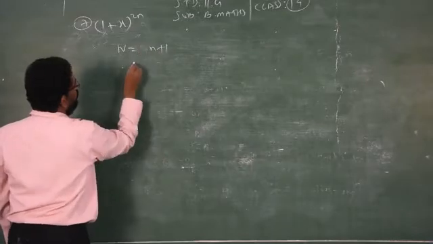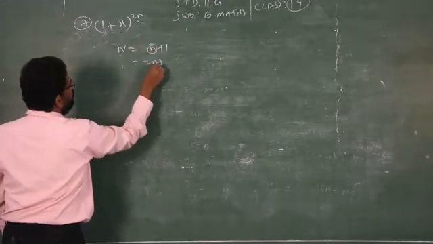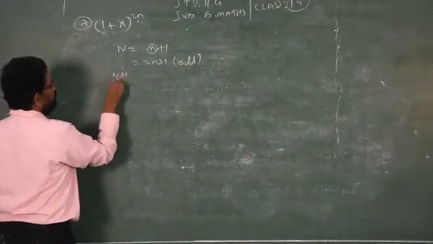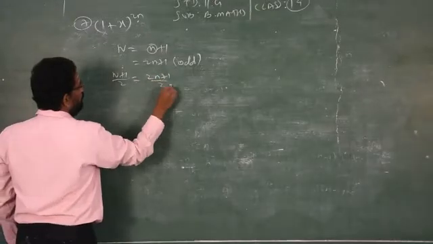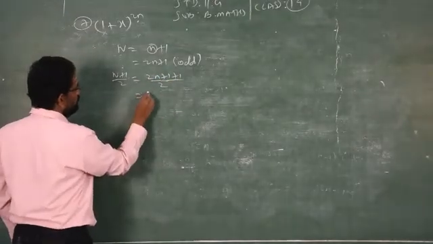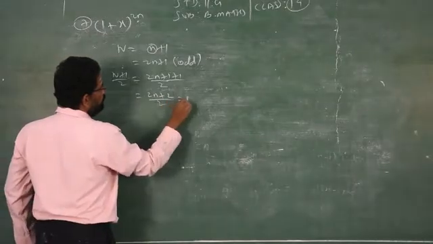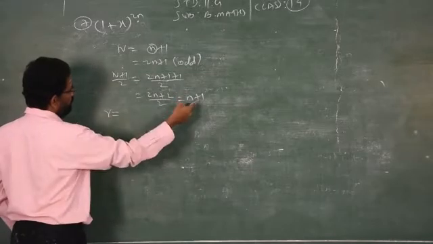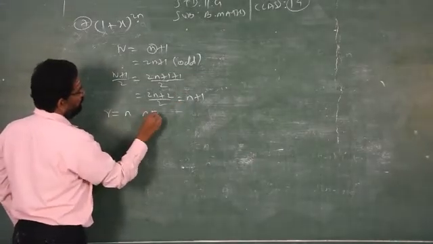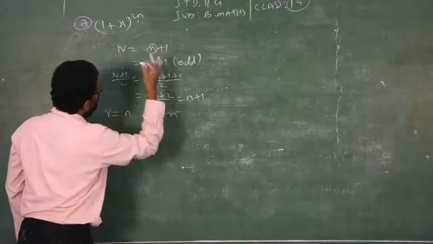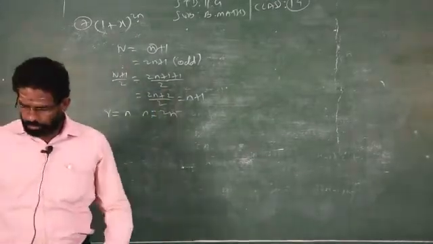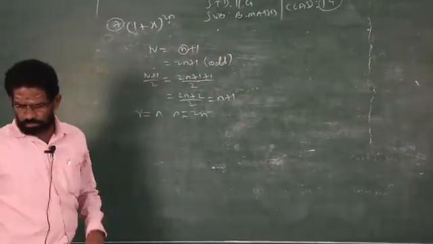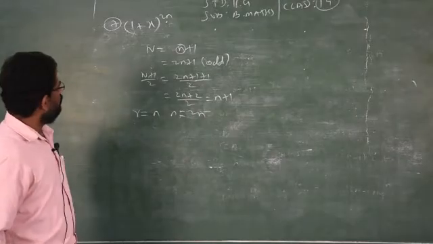that is n plus 1 formula, but what is n? 2n. So 2n plus 1, surely this will become what? Odd. So n plus 1 by 2, that is 2n plus 1 by 2 plus 1, that is 2n plus 2 by 2, which will give you n plus 1. So r is replaced by, what is r? The previous number of n plus 1, that is n. N is replaced by 2n. Then you have to compare the formula with general formula, what is A and what is B.